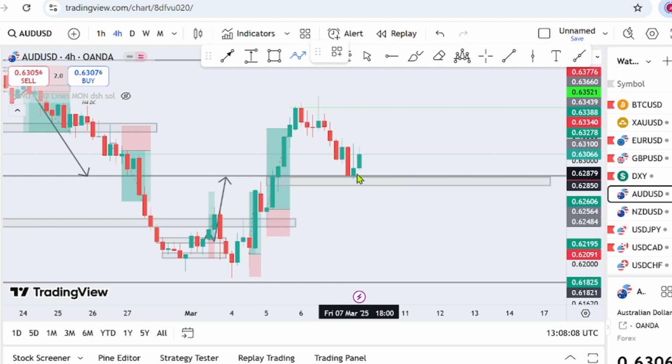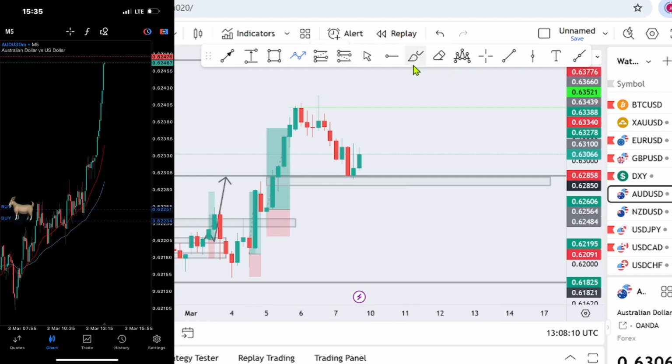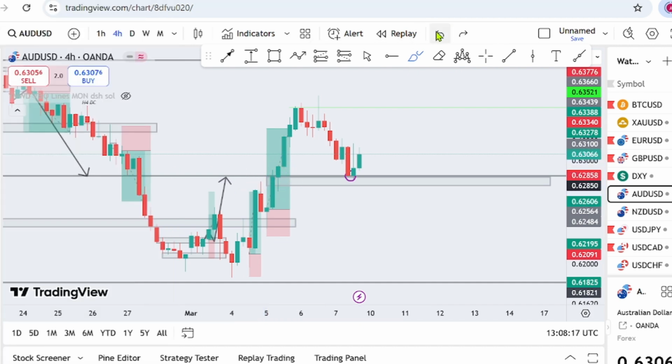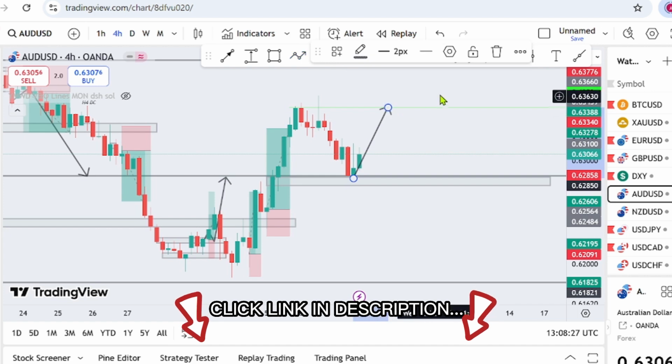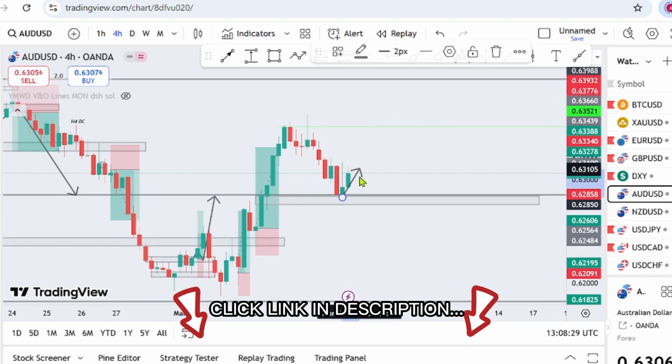Okay, I'll give you a two-way scenario where price is currently seated. The area in which price is currently seated is a very strong area of interest. This is also a determining factor for price movement next week. But you have to be careful on AUDUSD. For the bullish side, price looks very okay right about now. Price could continue flying from here all the way to the first level target, the 100% retracement level,